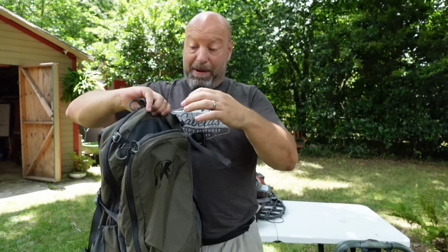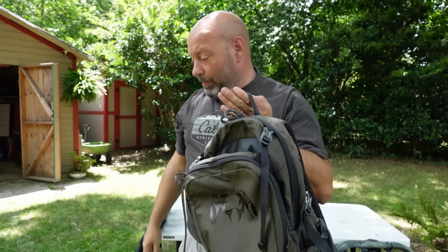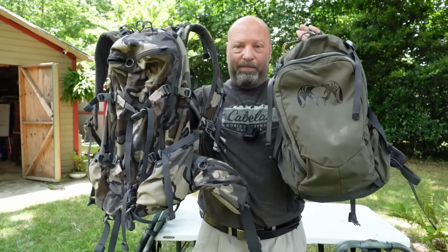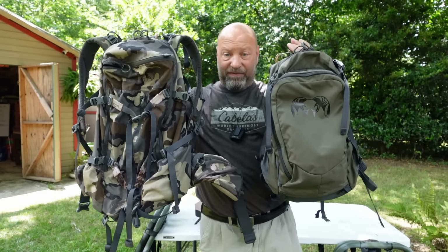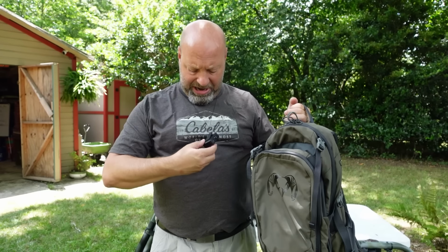So I love this pack. I absolutely love this pack. It is an incredible pack. And when you consider the size difference between these two, there's a big deal there. There's a really big deal there in size difference. So love this one. This is my late season do-it-both pack. This is my combo pack for deer and for